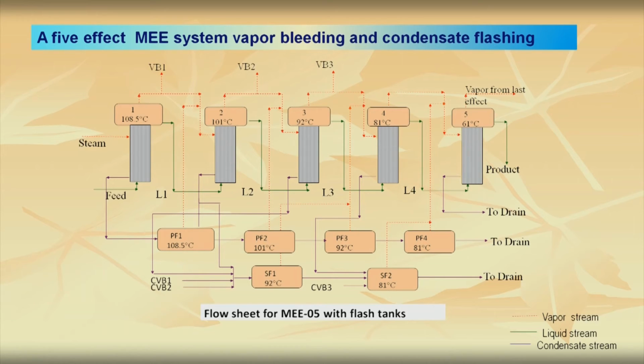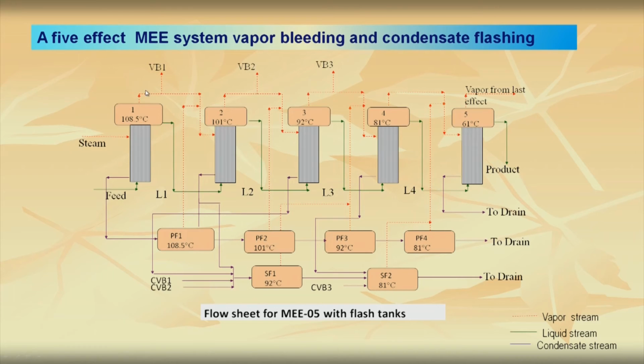Now, by doing this flashing, basically I am increasing the amount of vapor which is injected to the subsequent stage of the evaporator, and thus my steam economy will improve. That means, the amount going out as condensate, out of it some heat I am extracting due to flashing and then reusing it. This type of concept is effectively used in a multi effect evaporation system to improve its efficiency.